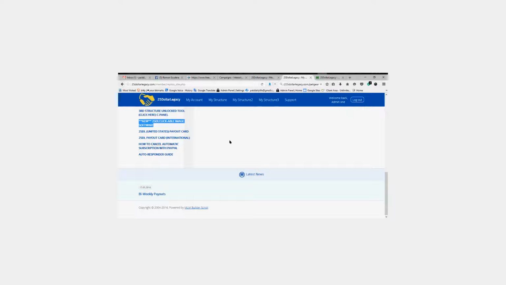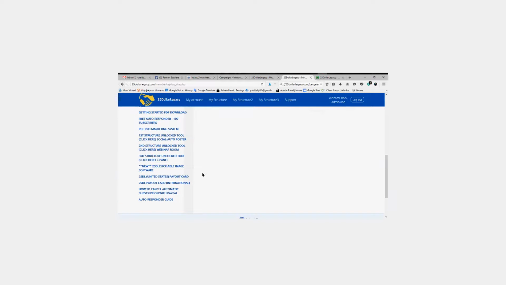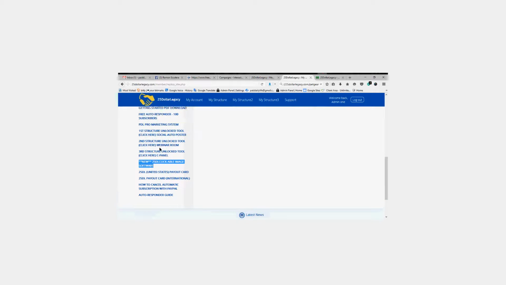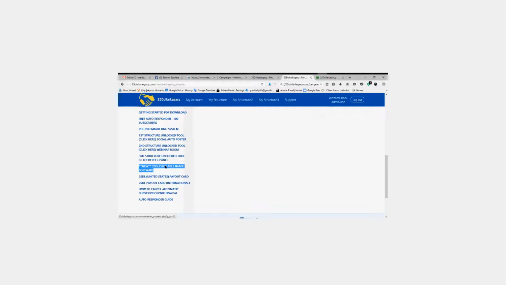That is additional to your $25 monthly membership. As long as your monthly membership is active and upgraded, you will continually be able to use this software to promote whatever you desire. If you upgraded for 2 years, then you can use it for 2 years. You get the idea. You not only get the clickable image software, you get the social auto scheduler, which you also have access to, to promote on social media on autopilot, to create engagement, to do research, to create hashtags, to get people to see what you are promoting.